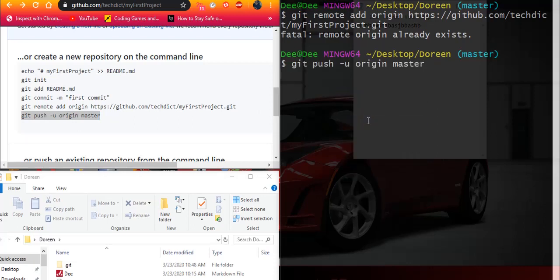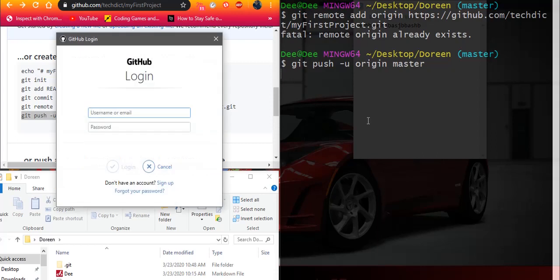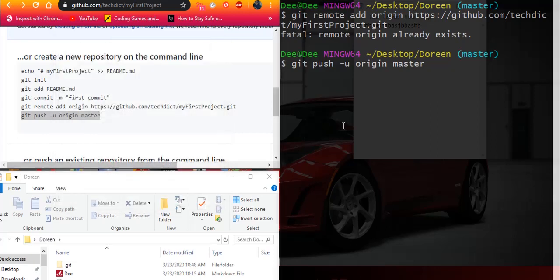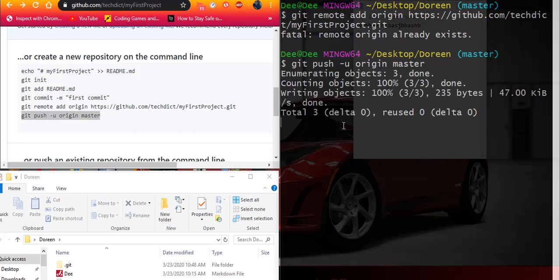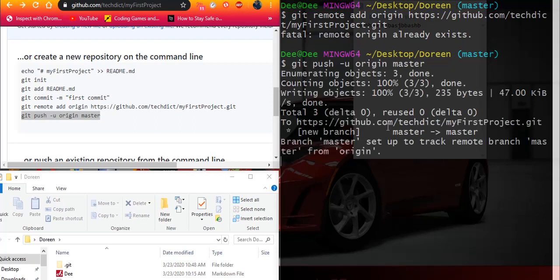Here we're going to be asked for our login details that we used earlier when creating our GitHub account. And now we wait for it to be pushed. Okay, so it's done. And branch master. A branch called master has been created, and if we reload this page, we expect